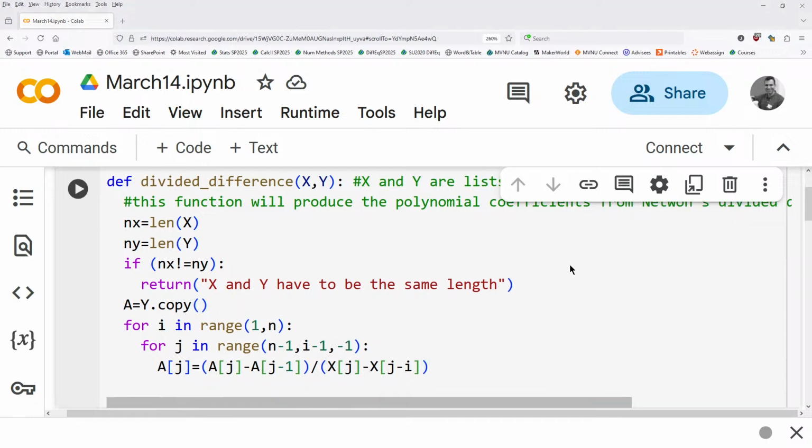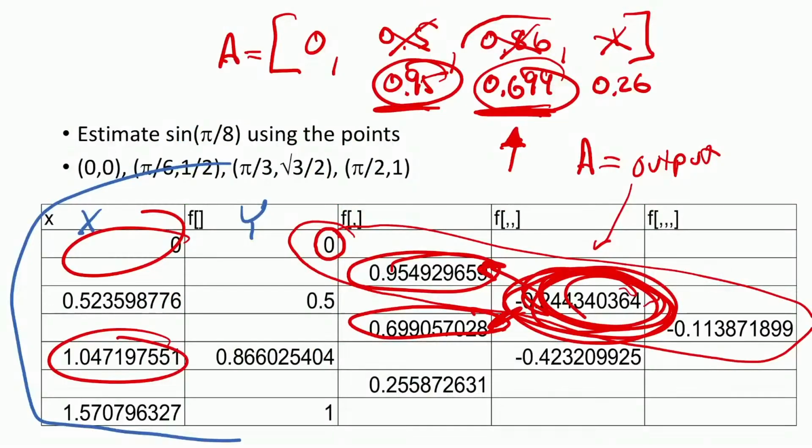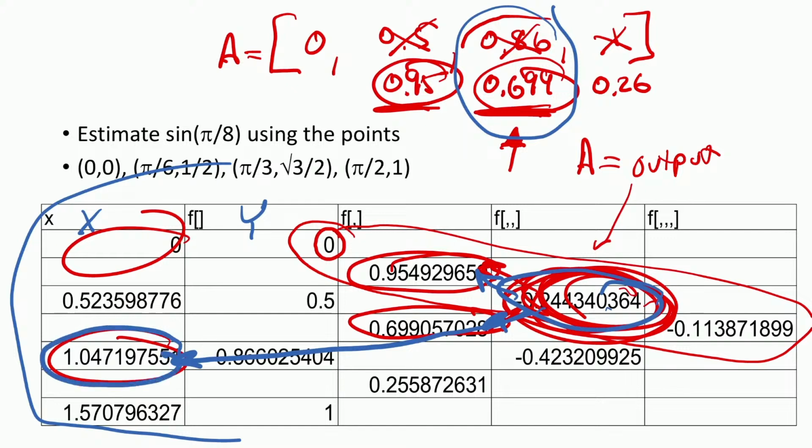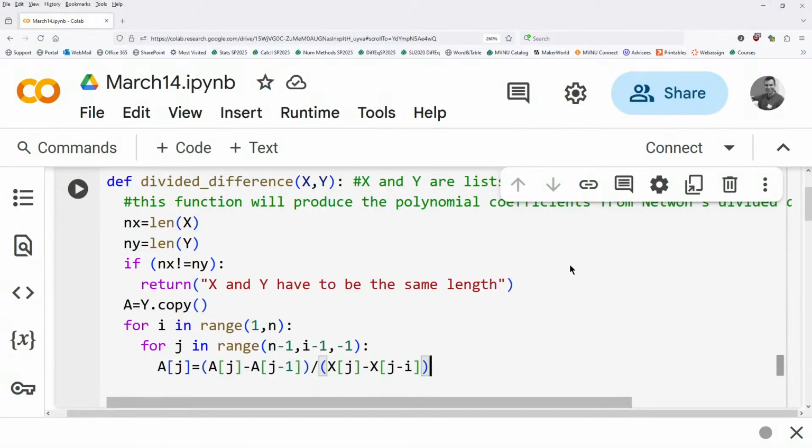So just to keep track, if you want to see what I just did there. I know it's gotten so messy now. I'll change color. This number is these two, right next to each other. But then that number is going to be here in the third position. You know how Python is, it'll be number 2, because we start counting at zero. But this number minus this number up here, the difference between those is 2, and that's where the j comes in. So that's why it's xj minus i, because I'm on the second